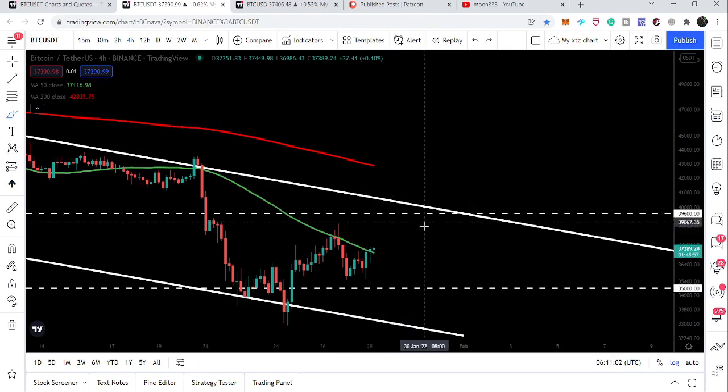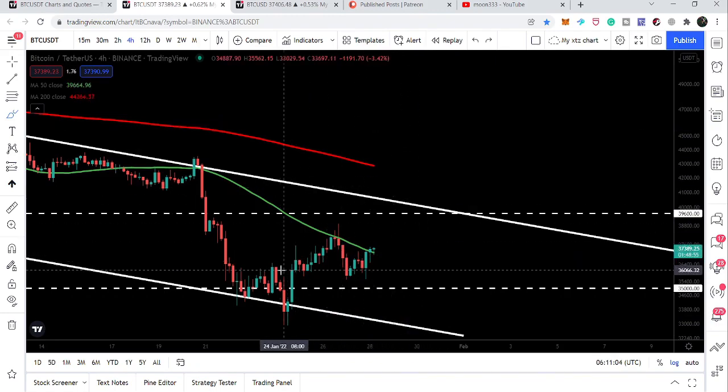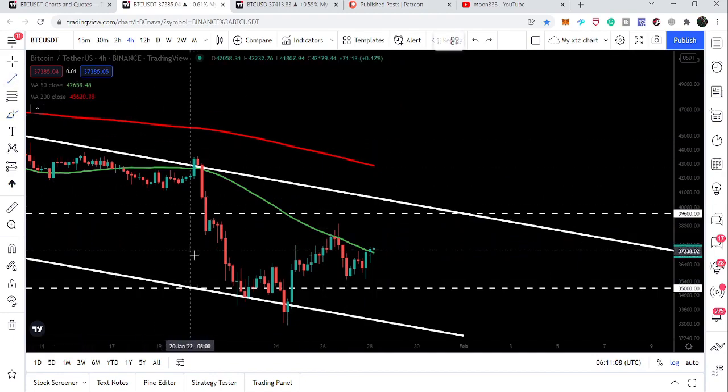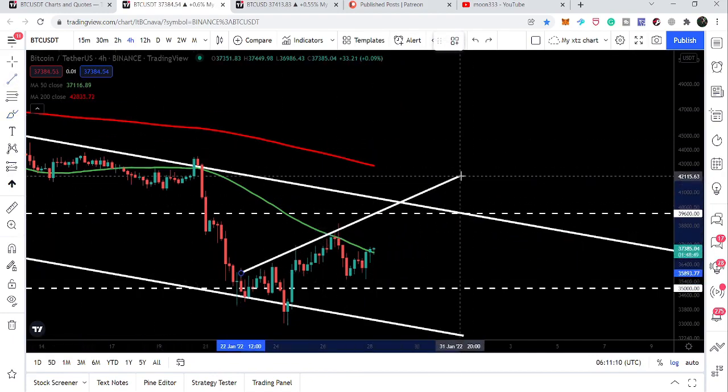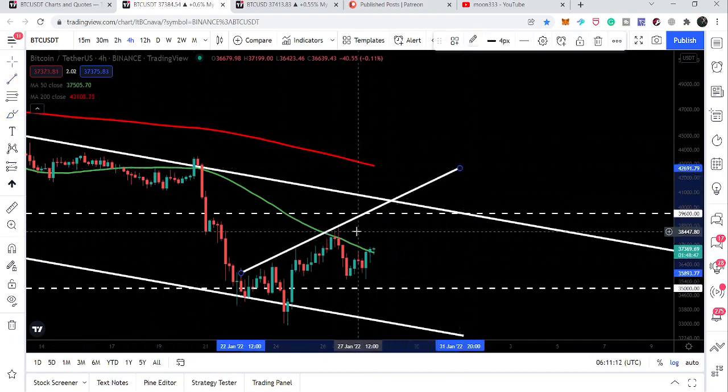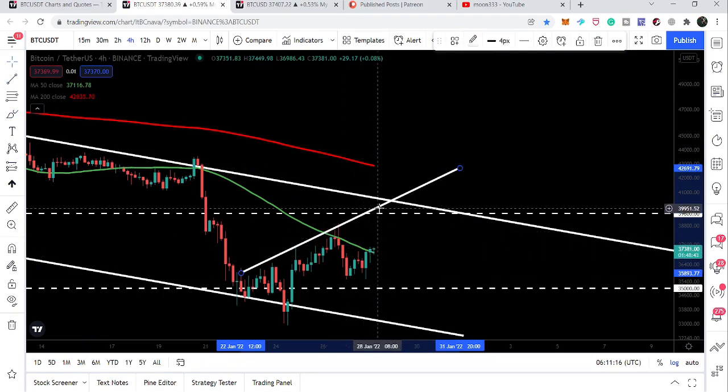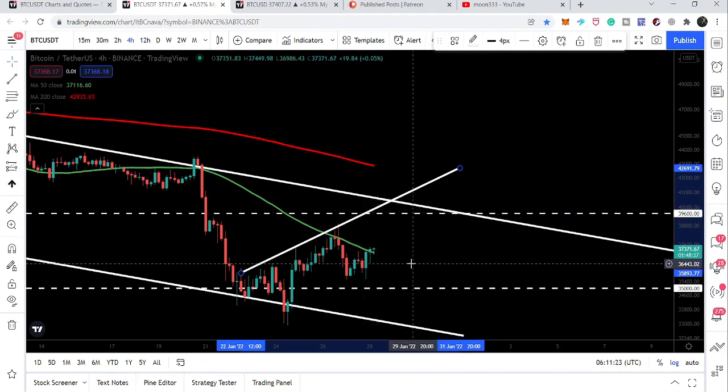So the next few hours are again very important for Bitcoin. We need to keep an eye on this move, on this resistance of the head and shoulder pattern, this neckline of the head and shoulder pattern. Once Bitcoin is able to break out this neckline, then the probability will increase that it will break out the resistance of the channel as well. So this was the update so far.